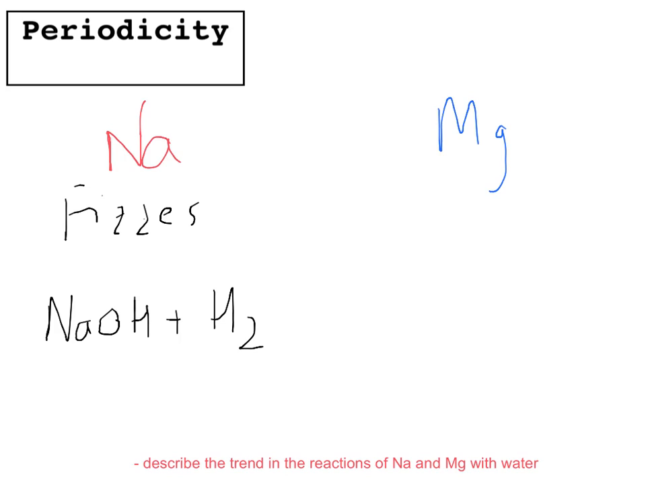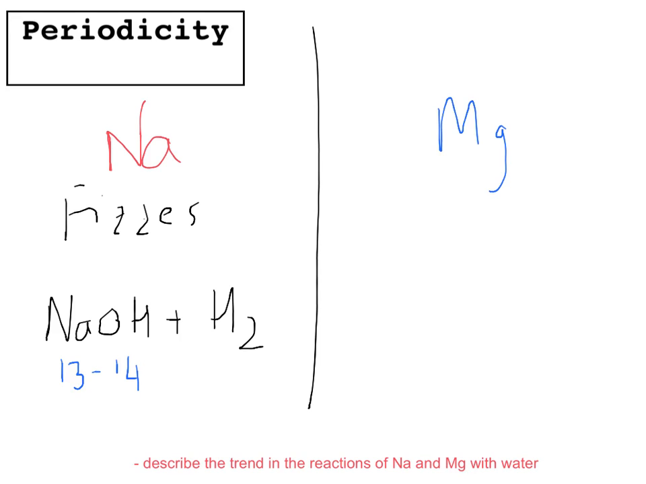And this sodium hydroxide solution is very strongly alkaline, so you've got a pH of between 13 and 14, and you can make the hydrogen ignite, and it will ignite with a yellow flame because of the sodium burning with a yellow flame. If you compare that to magnesium reacting with water,